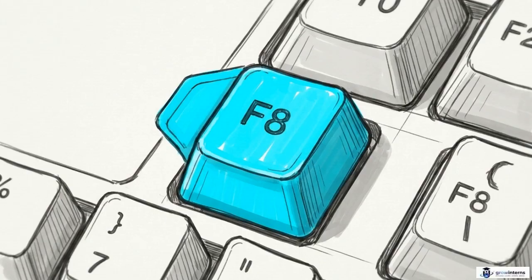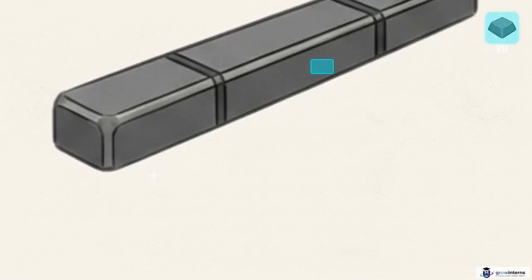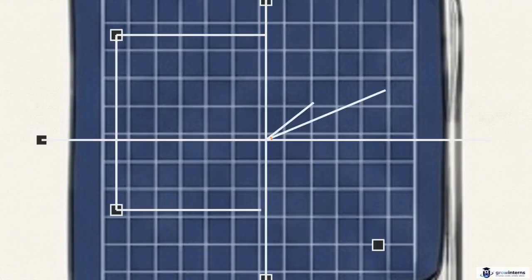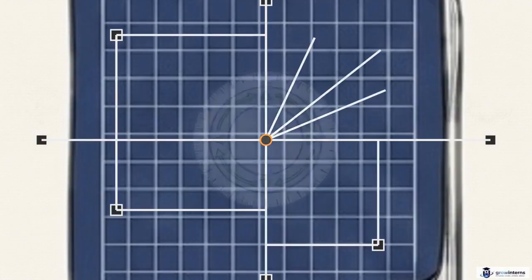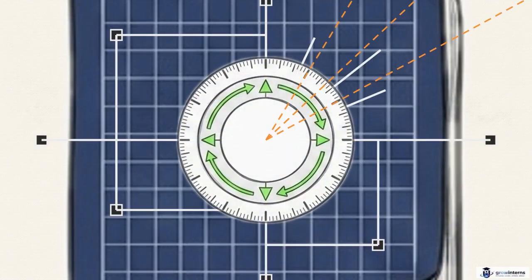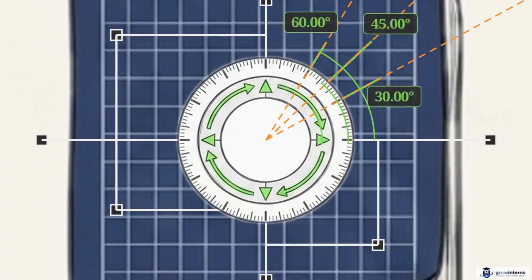You eliminate this human error by using F8, or ortho mode. This command forcibly locks your cursor to the X and Y axes, ensuring every line projects at a precise 90-degree angle. While ortho mode ensures perfectly straight lines, real-world engineering relies on a deeper system of constraints to manage complex,